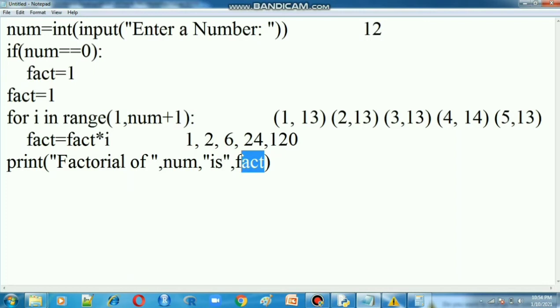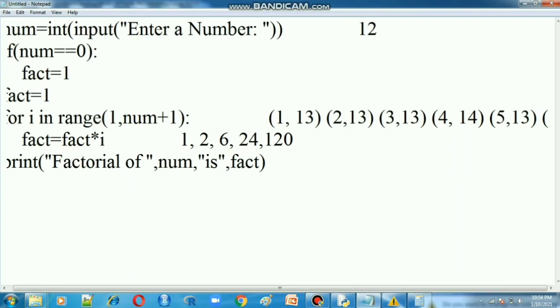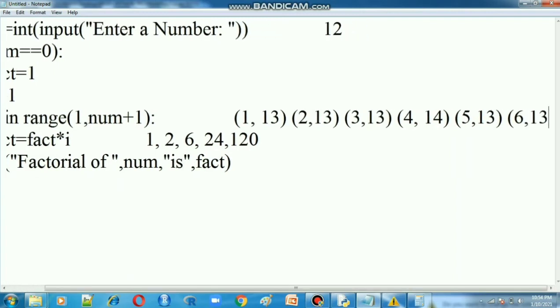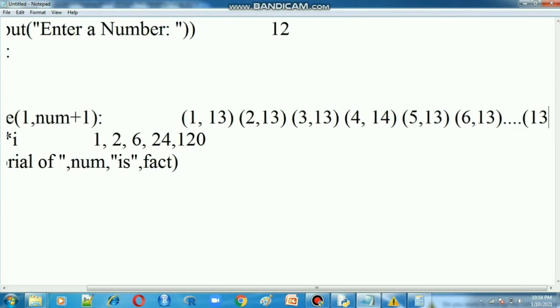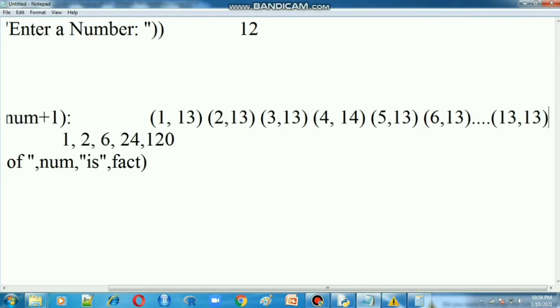Okay, next step, one value will be incremented in the range function. Now go for 6 comma 13, and so on up to 13 comma 13. Start value 13, stop value 13, like that will come, meaning the condition will be false. Up to 12 comma 13, it will continuously increment the value by one and process.